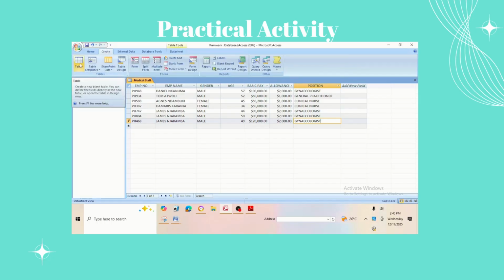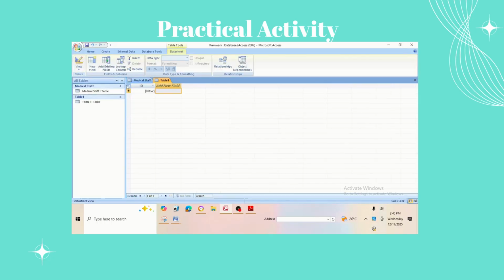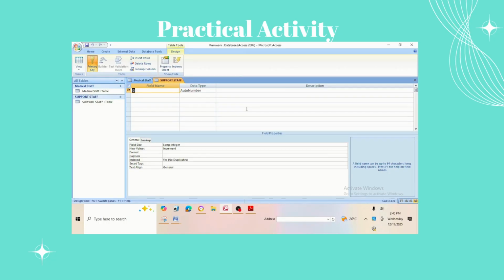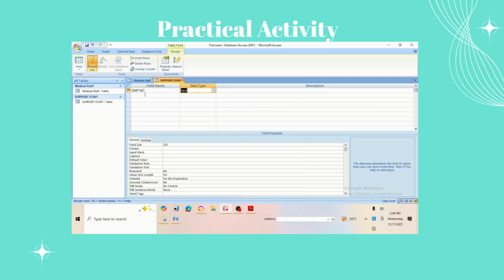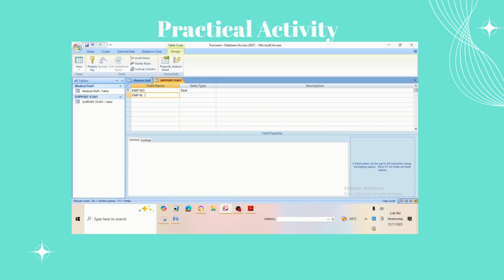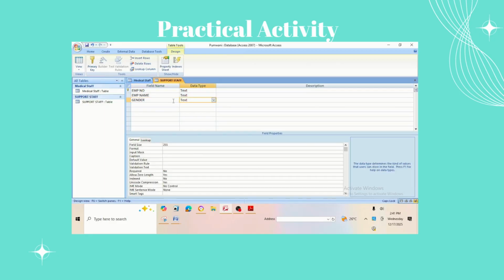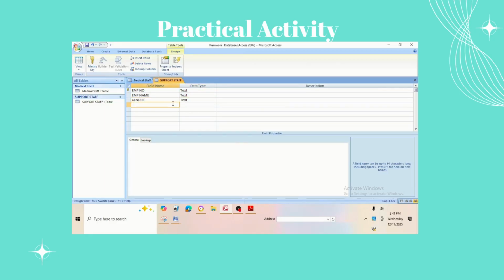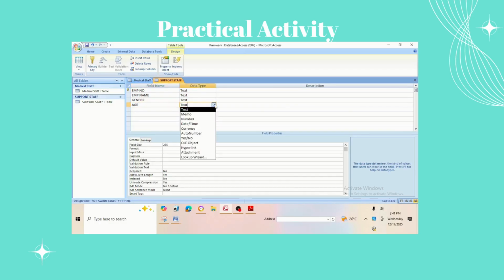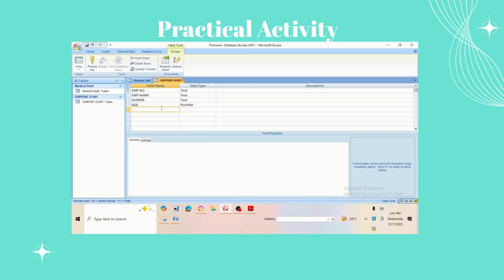And once you're done, save it. Then we create our second table, the support staff table. Our first column is employee number. Still, this one is going to be our primary key, and the data type is text. The second one, employee name. You might realize it has the same details as the medical staff table, but only a slight difference, that is,